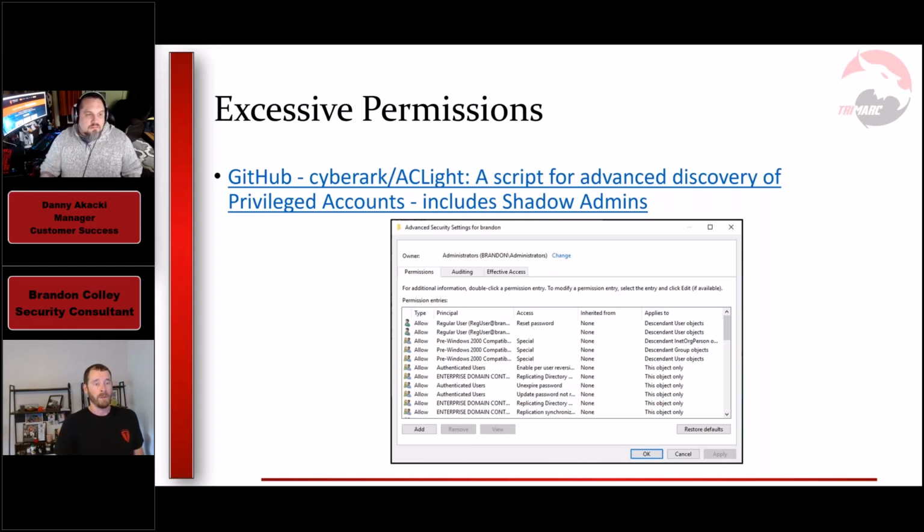In the very first one, you can already see that there's a problem where I've granted a regular user account the ability to reset passwords for everybody in the domain. So there is a little bit to sift through in here. Some of it is default stuff that's not to be concerned with. But sometimes just looking is all that you really need to do.